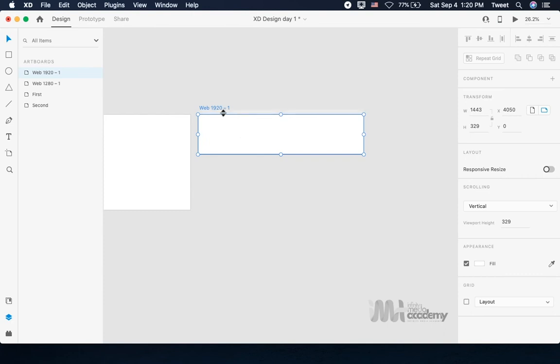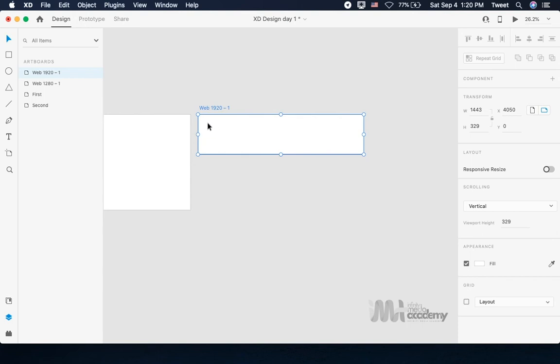Now, there's one other thing that I want you to quickly pay attention to before we continue. Every screen starts from this point. Your artboard starts from this point. So every counting of your artboard starts from this point. So what I'm trying to say is, whatever design you are going to do, your artboard recognizes your position from this point to this point, and then from this same point down to this point. So meaning,